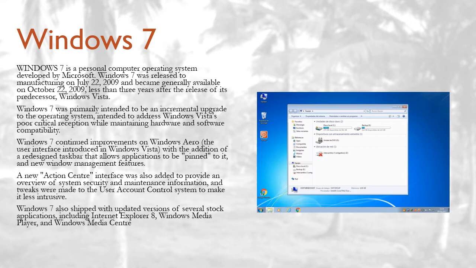Windows 7 was primarily intended to be an incremental upgrade to the operating system, intended to address Windows Vista's poor critical reception while maintaining hardware and software compatibility. Windows 7 continued improvements on Windows Aero, the user interface introduced in Windows Vista, with the addition of a redesigned taskbar that allows applications to be pinned to it, and new window management features.